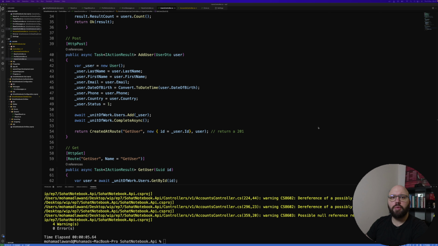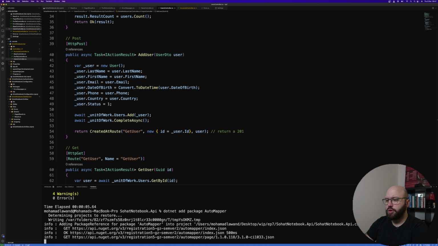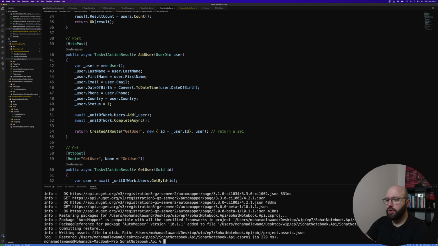So first let's start by adding our NuGet packages. We're gonna be utilizing the .NET add keywords. So inside our terminal it's gonna be dotnet add package AutoMapper. So this should take a few seconds. Okay, perfect. Now we need to add another package, also utilizing the dotnet add keyword, dotnet add